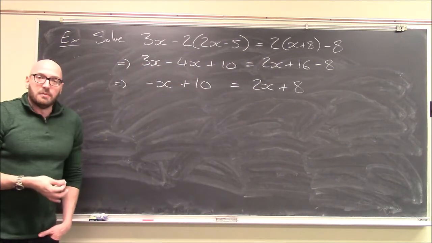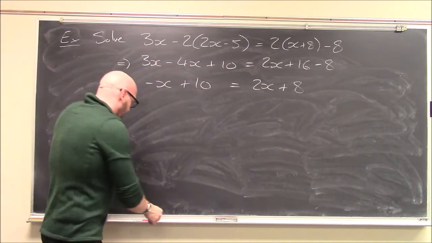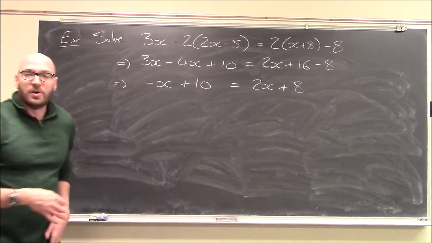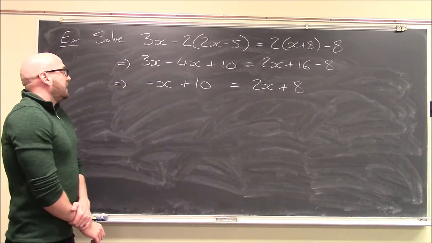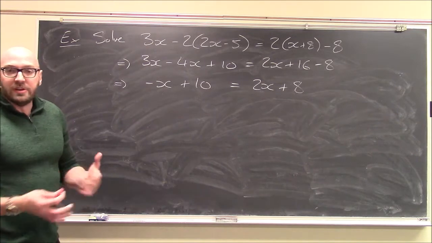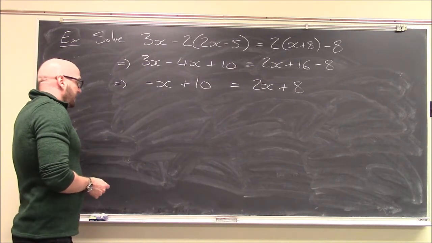And now everything's simplified as much as I can. So our goal here is now to group all the x terms together. Anywhere I see x, I want them all to appear on one side of the equation. So what I'm going to do